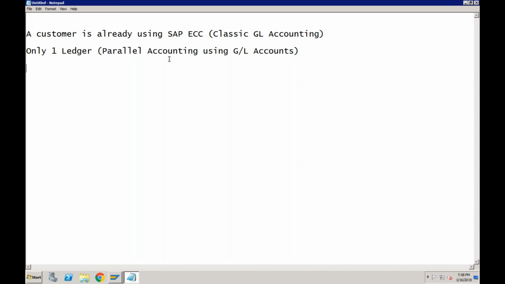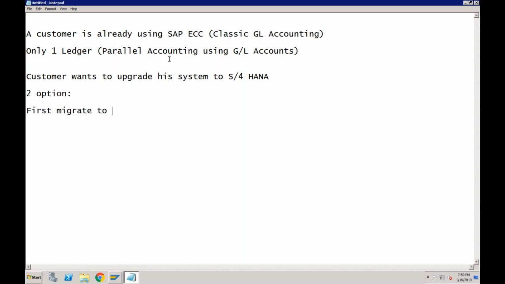Now, if this customer wants to migrate to SAP S/4HANA, that is, upgrade his system to S/4HANA, he will get two options. Option number one is to first migrate to new GL accounting and then to S/4HANA accounting.